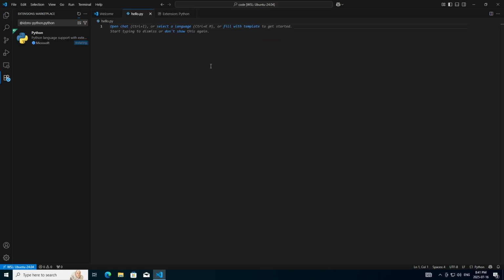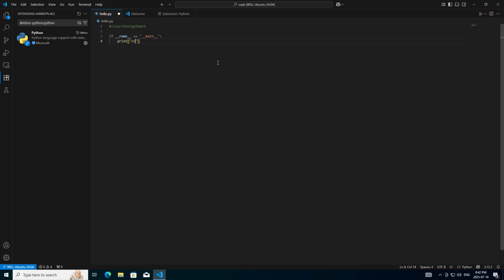Meanwhile, while that installs, I'm going to write my script. I'm going to start with the shebang of the script, which in Ubuntu is the path that is always used for Python 3. Python 3 is also installed by default in Ubuntu, so we don't have to worry about any of that. And then I'm going to do if __name__ equals __main__, print